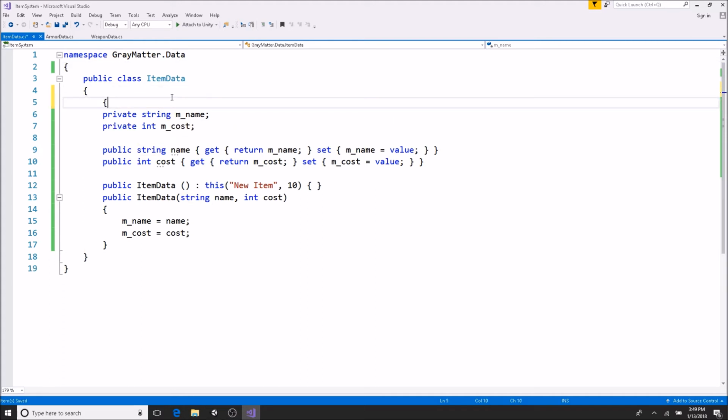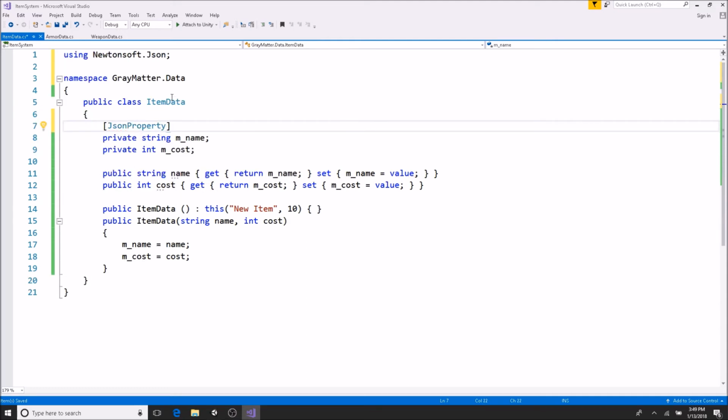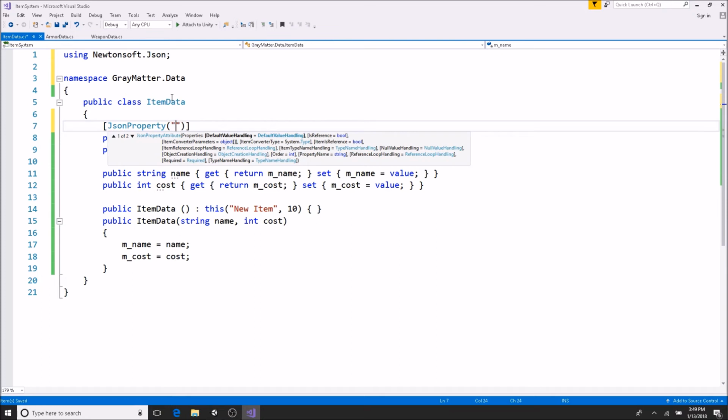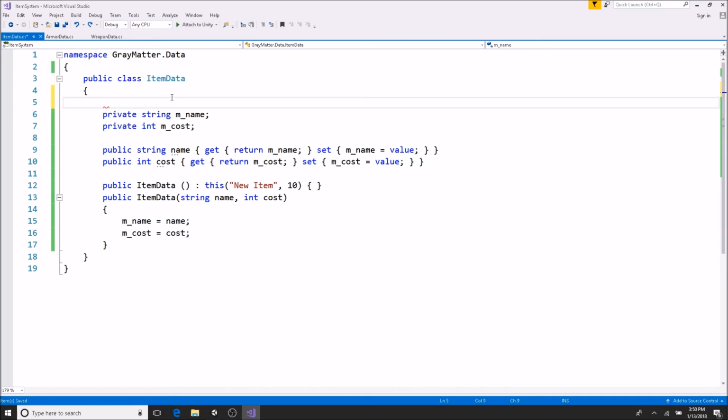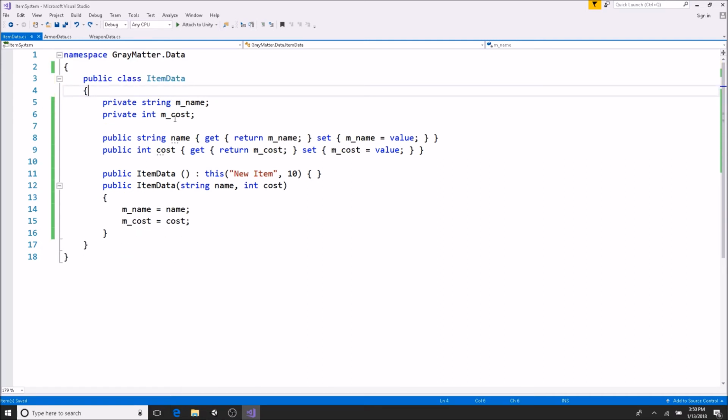You can use JsonProperty and then call this name, for instance. This would work and it would serialize it then. But if you didn't want to do that, then you would need the public getter and setter. So let's go ahead and